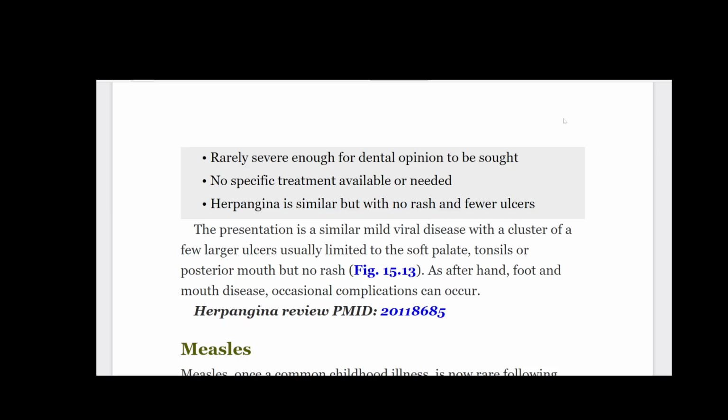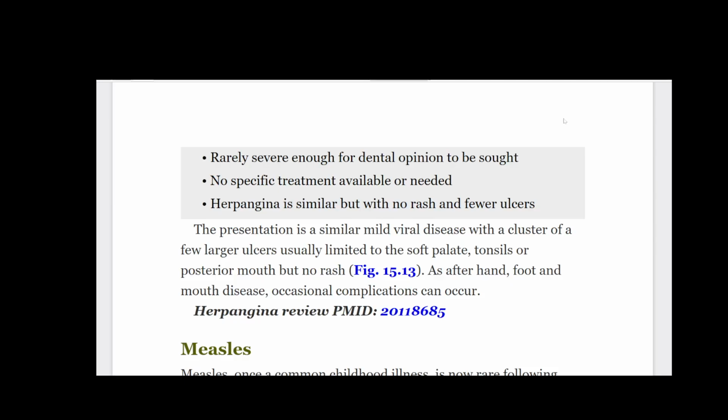And fewer ulcers. The presentation is a similar mild viral disease with a cluster of a few larger ulcers usually limited to the soft palate, tonsils or posterior mouth but no rash. Fig. 15.13. As after hand, foot and mouth disease, occasional complications can occur. Herpangina review PMID